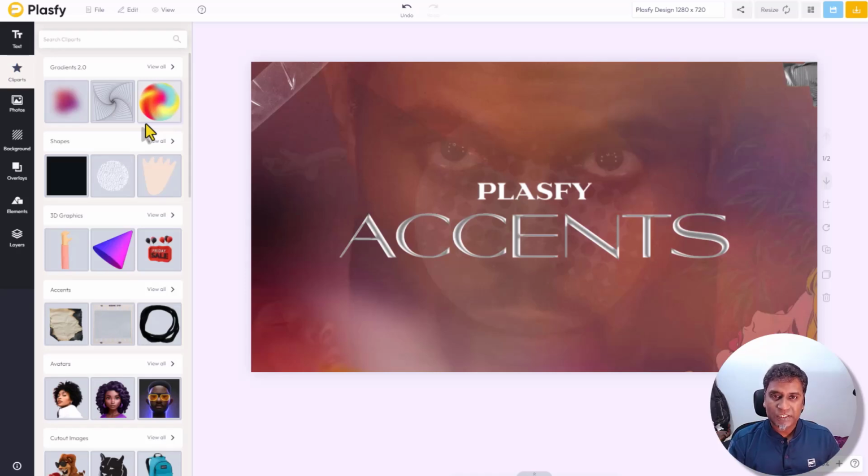On screen, what you see here is one of the designs that Jasper put together, and he did that in a very short amount of time. You can do something like that too. We'll totally take this design apart and we'll see what went into creating this. But first, let's look at where to find accents.